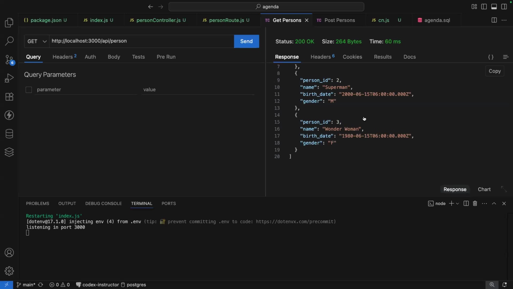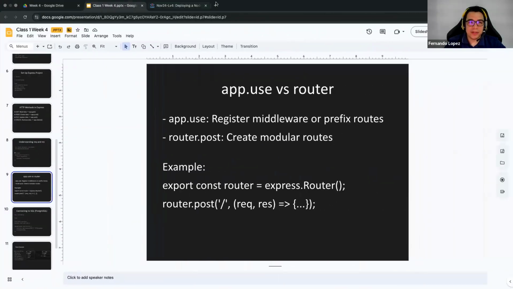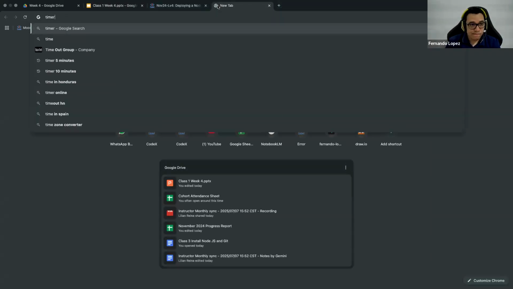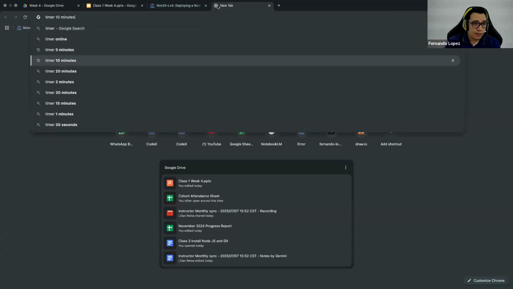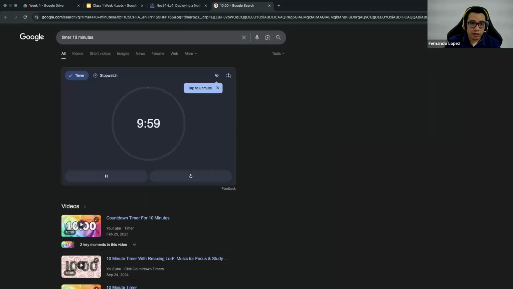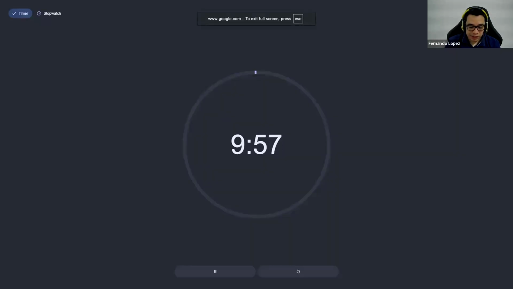Yes. Great, guys. Okay, so we're going to have a break of 10 minutes. And then once we return, we are going to deploy this backend in my EC2 instance. So let me enable a timer here. You can grab some water if you want right now, and see you in 10 minutes.